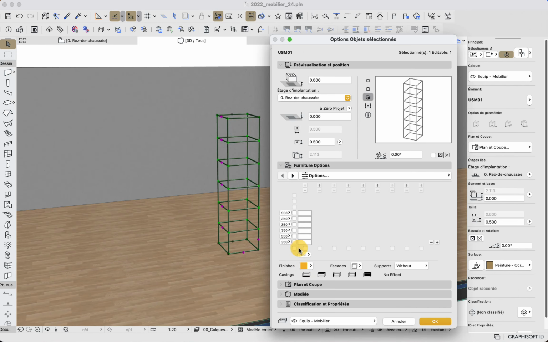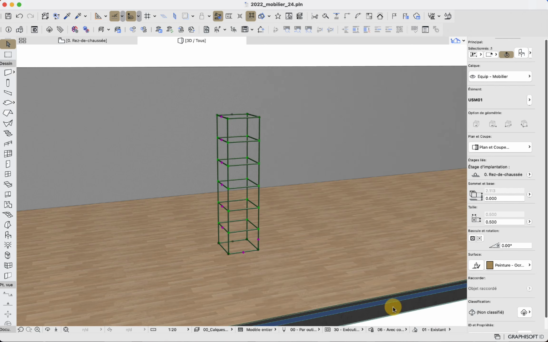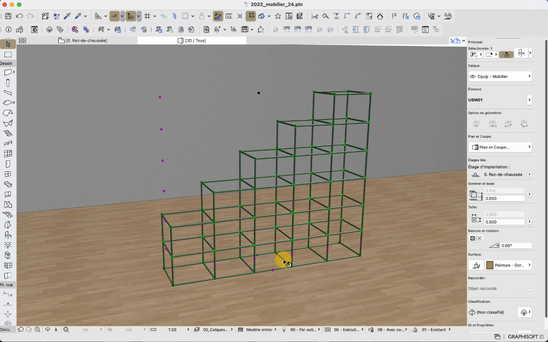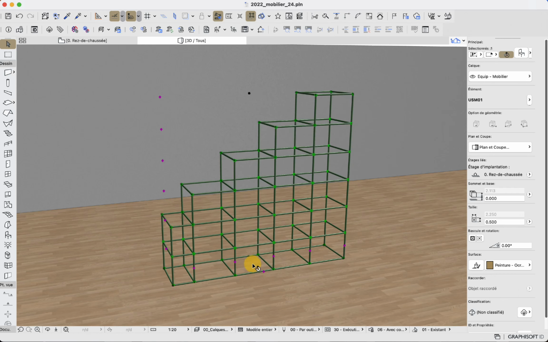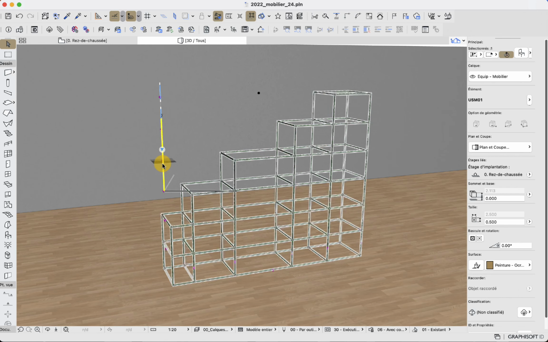If I want to have several columns here with different numbers of rows, then it is also possible. I just need to use the pluses and minuses accordingly. And here, when I add additional modules, I also have additional hotspots. Those additional hotspots help me resize the column the way I want, and the rows as well.